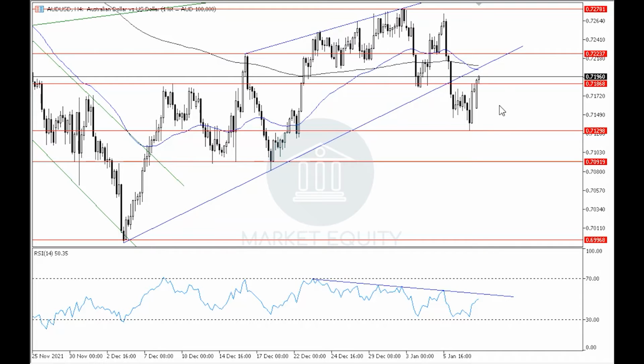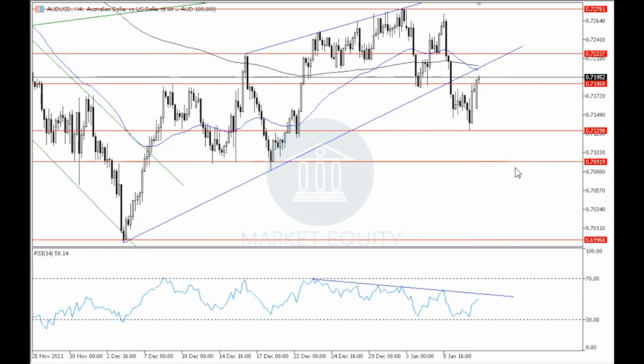off of it in order to correct towards around level 0.7185, and therefore it is currently expected to rebound down off of around the current levels in order to continue with the downtrend, which in that case it will continue to target around level 0.7130 once again, then around level 0.7090 as primary targets in the current downtrend in the